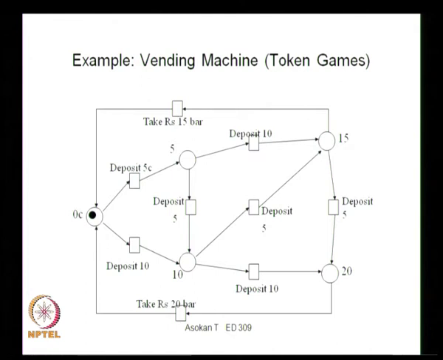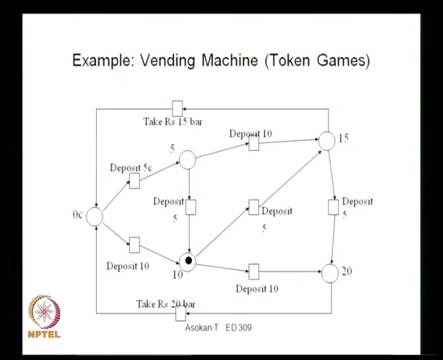So if you put a 5 rupee coin, then it will go to that 5 rupee loop, otherwise it will go to the 10 rupee. So here see we are putting 5, then it goes to that 5 token is available. Now you can go for this loop 10, or you can go for this also, because both are connected to that particular place. So you can use any one of these. So here if you do the 5 again, then it will come to 10, and now you have an option of depositing 10 or depositing 5.